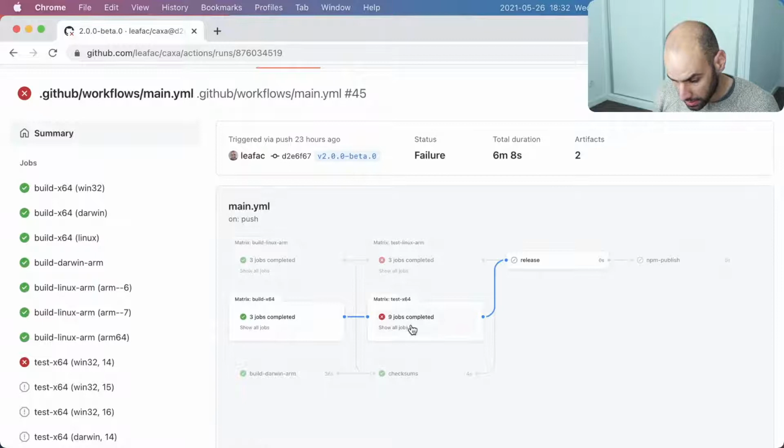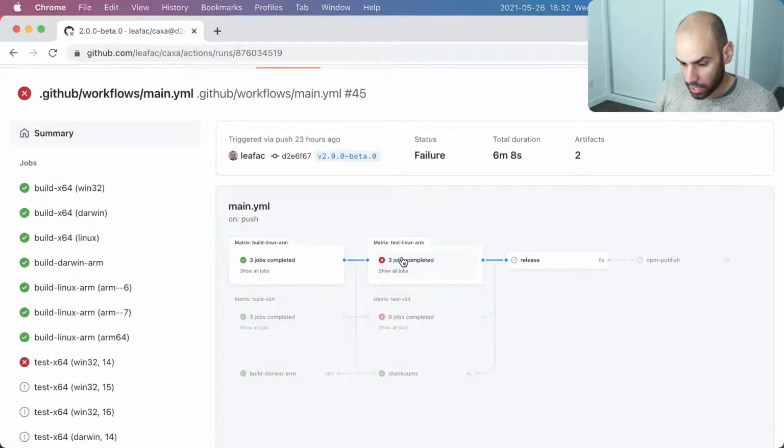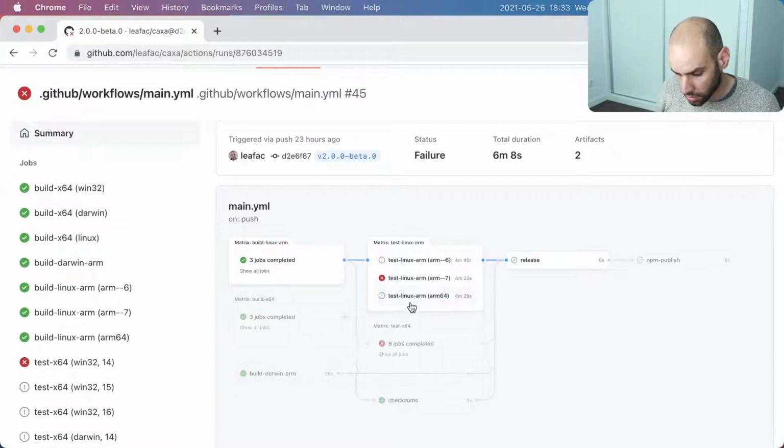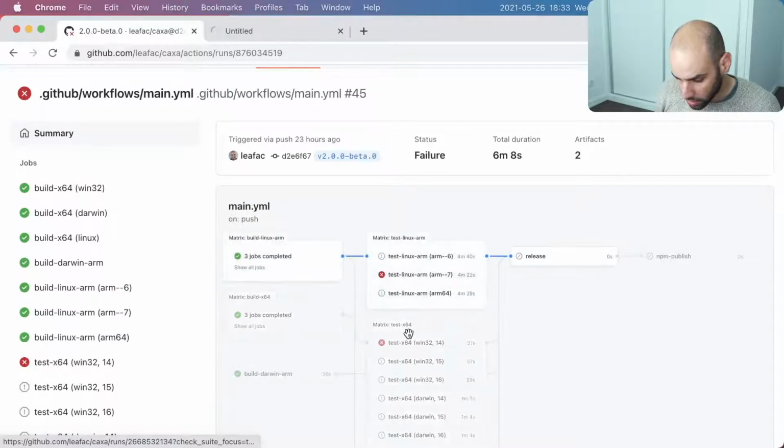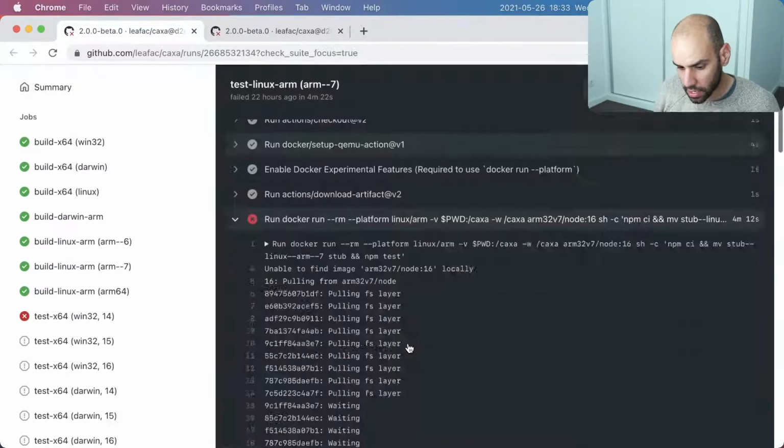But then the tests failed, and I guess that makes sense. I remember something I think we did wrong yesterday, but let's look into the results of these runs and look at the logs and see the error happening.